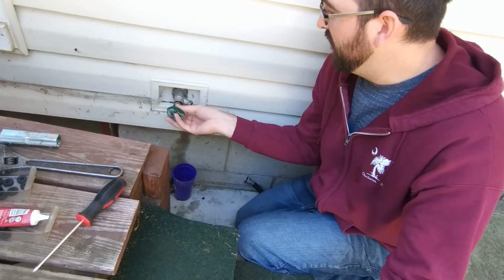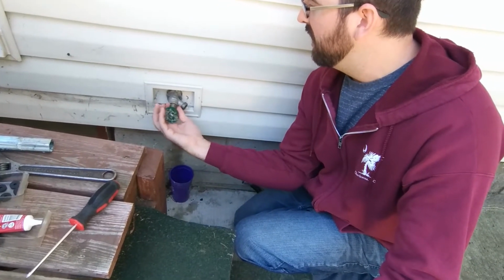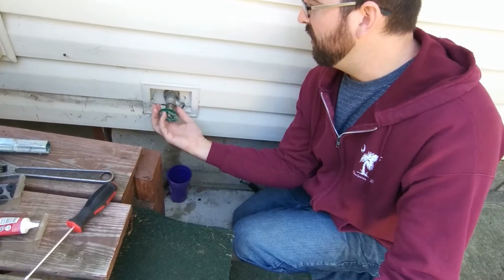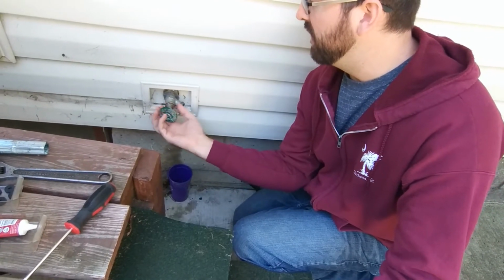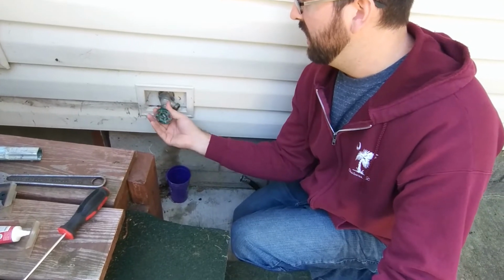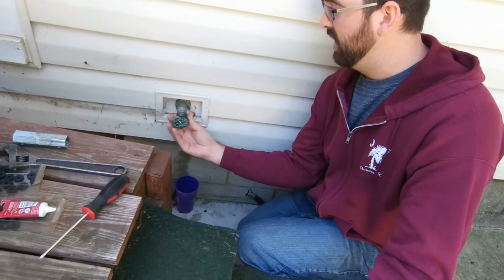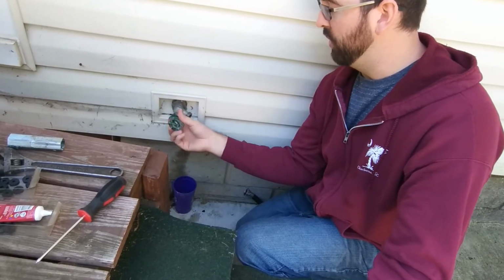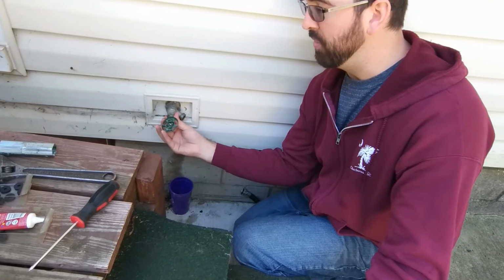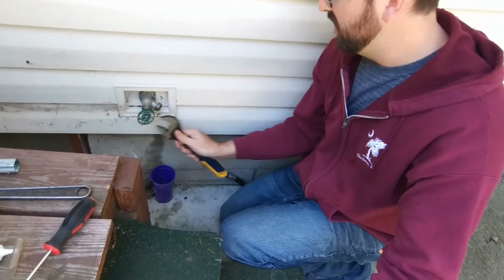So you're going to gently slide it in there. You don't want to force it, just kind of feel for where there's not resistance, and it'll slide right in. We'll go hand tight as far as we can. And again, at this stage, you want to make sure that the valve is open, so as we tighten it down, it's not going to be fighting against itself. Then we'll grab our wrench,